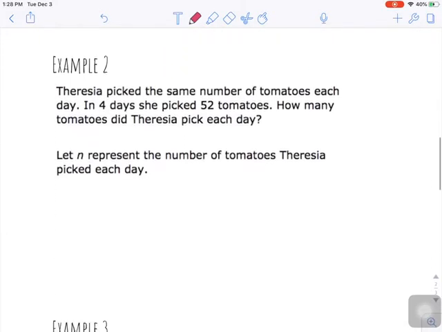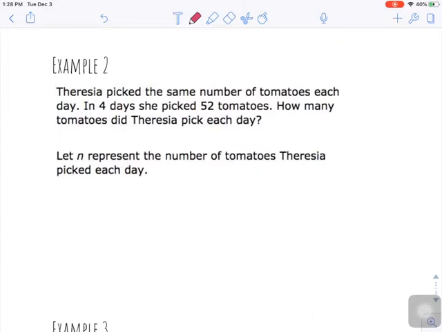All right, let's try another one. Example 2, Teresa picked the same number of tomatoes each day. In 4 days, she picked 52 tomatoes. How many tomatoes did Teresa pick each day? It's asking us to let n represent the number of tomatoes she picked each day. So I want you guys to write an equation. What would an equation be to represent this situation? We know in total she has 52. She's picking the same amount every day for 4 days, and we want to figure out how much she's picking in just one day. So I'm going to say 4 times my unknown n